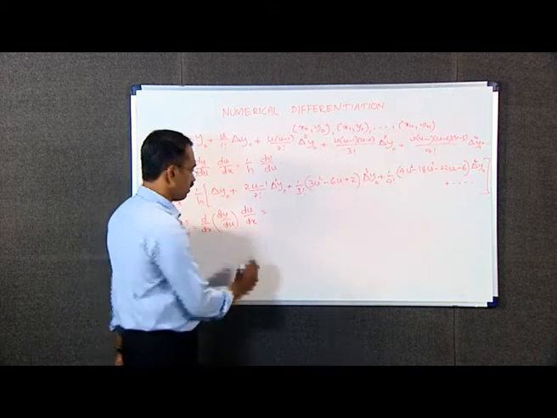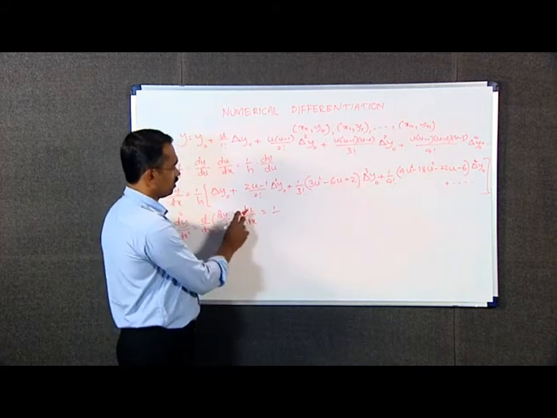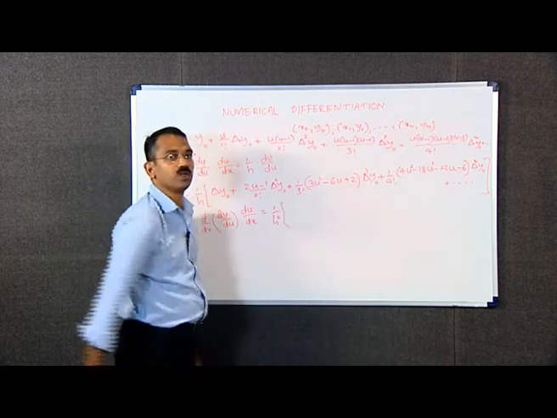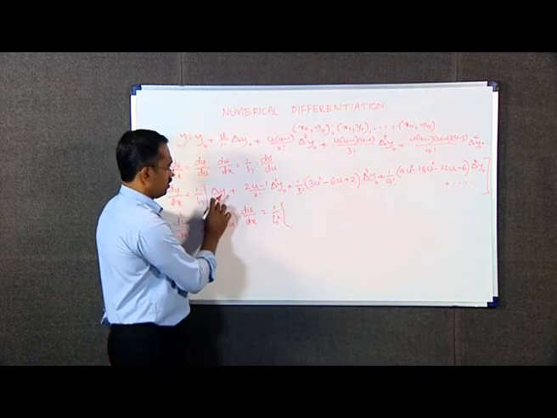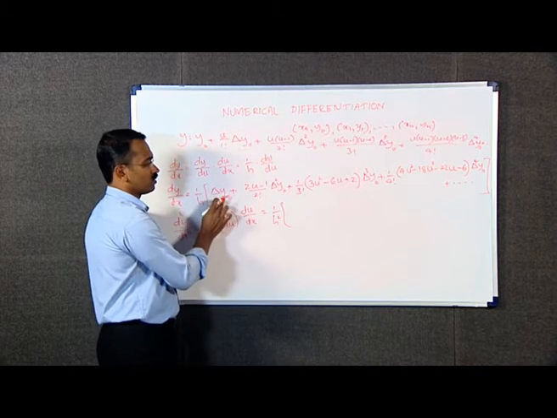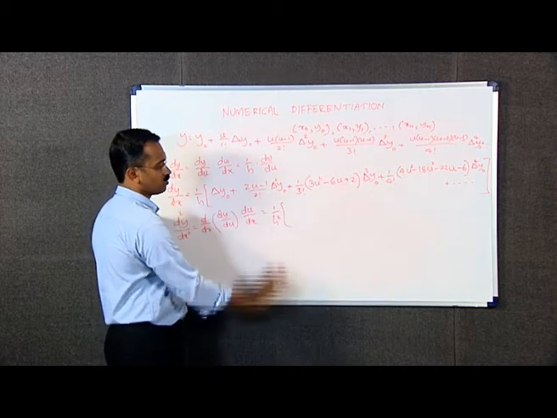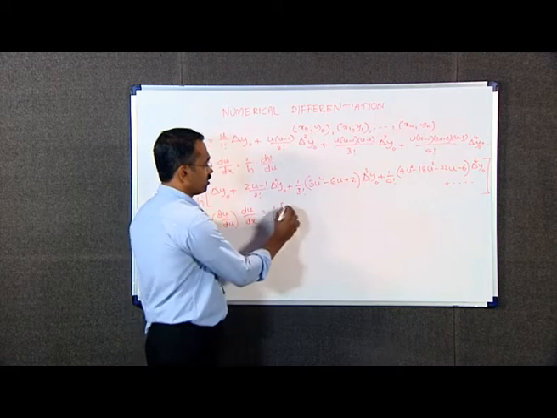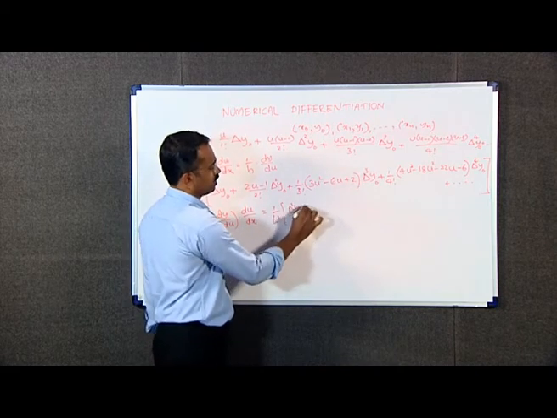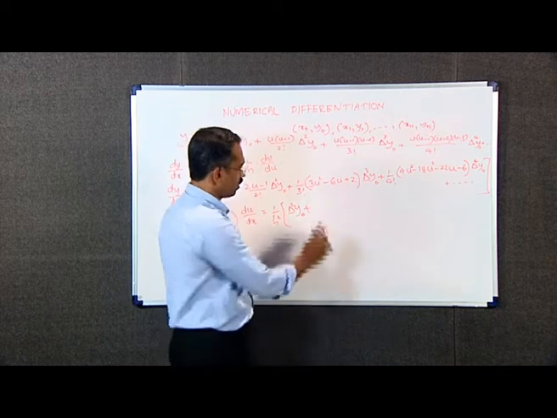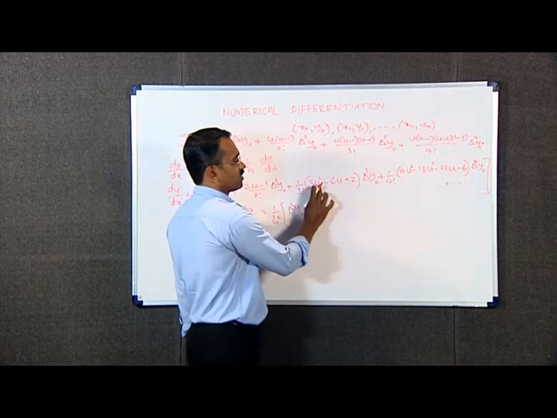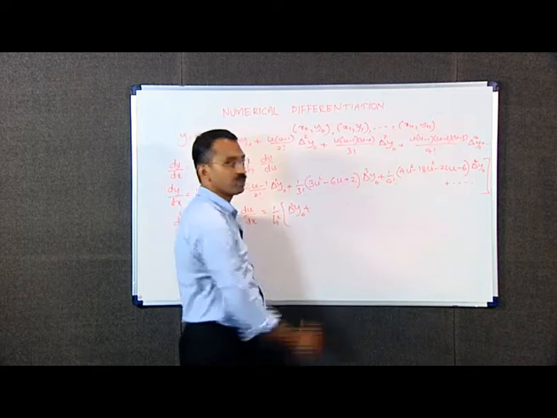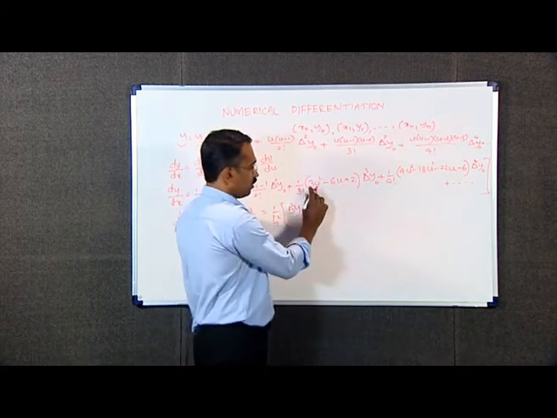Which is equal to 1 by h square, du by dx is 1 by h, therefore 1 by h into 1 by h is 1 by h square into delta y naught is a constant, therefore derivative is 0, 2u minus 1, derivative of 2u minus 1 is 2, 2 by 2 factorial is 1, that is delta square y naught plus here derivative is 6u minus 6, 3 factorial is 6, therefore 6 and 6 cancelled, the remaining term is u minus 1,